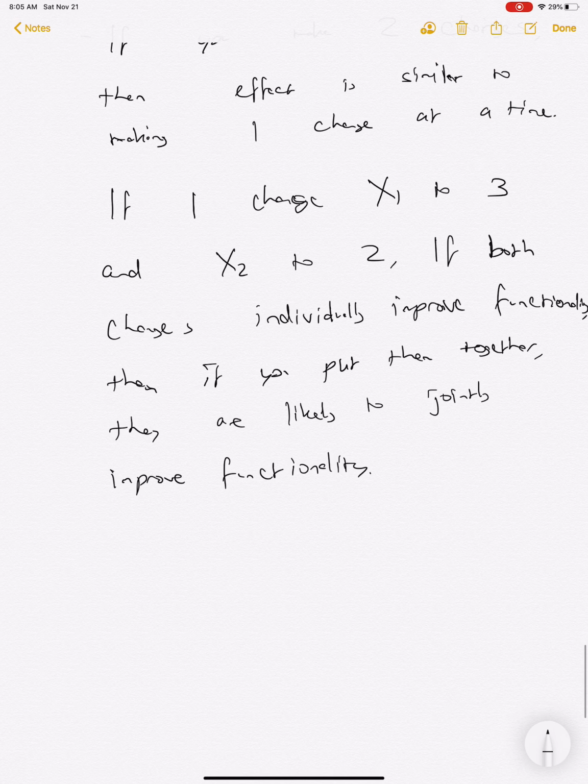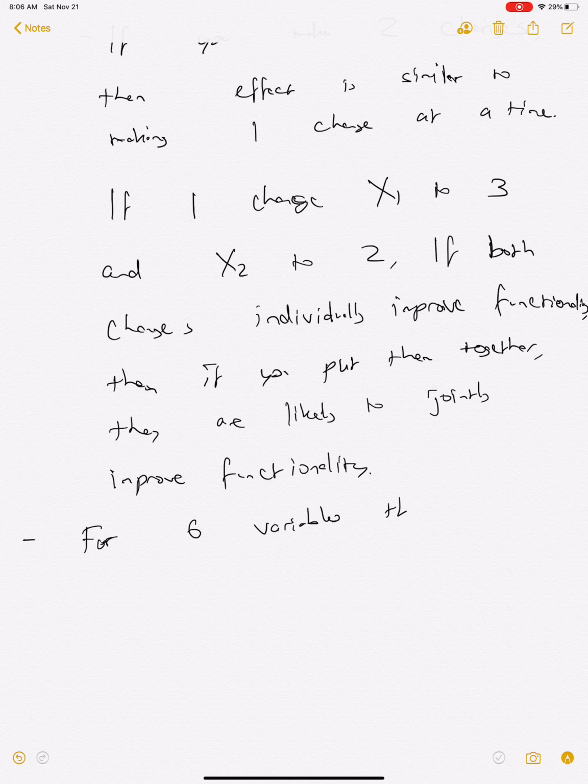And then the other thing you can do is, for the six variables that are highly significant,